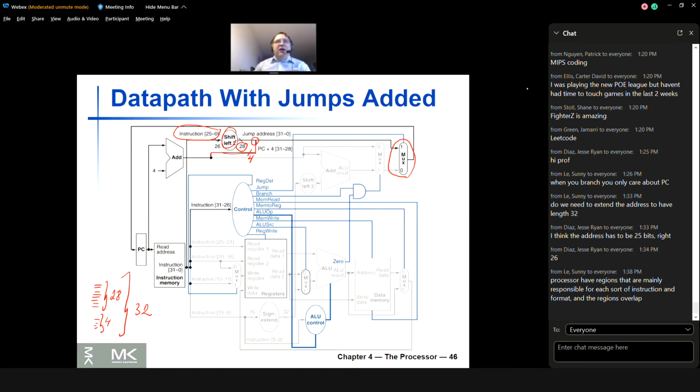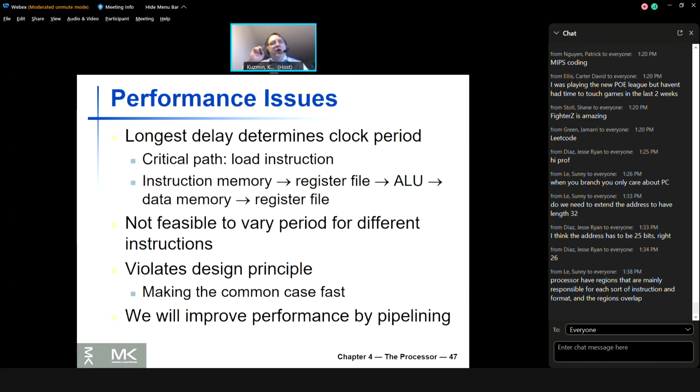Okay, and so this adder still adds PC plus 4, no matter whether we need it or not, whether we branch or not. It still does this job. Of course, we still need to have our PC engaged and our instruction memory for the jump instruction, but we are not using anything else. Everything else is grayed out, saying that it's not used in this mode. It's not used for an unconditional jump instruction. All right, so we are actually done with the data path for what they call the simple case,